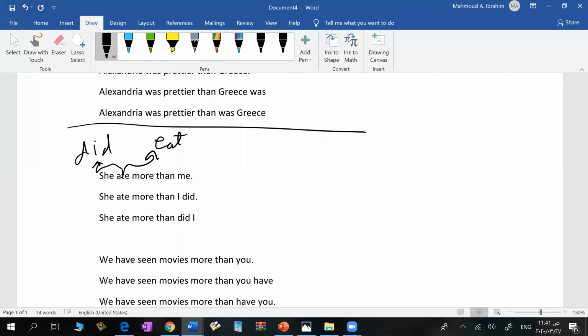And the challenge here is to decide on the verb you are going to use after than. بنعمل ايه؟ How do we decide on the verb we use after than? Have ولا did ولا does ولا was ولا is? We simply get back to the verb before, okay? The main verb of the sentence. We decide on the tense of the verb, وناخد الhelping verb بتاعه. وضحت؟